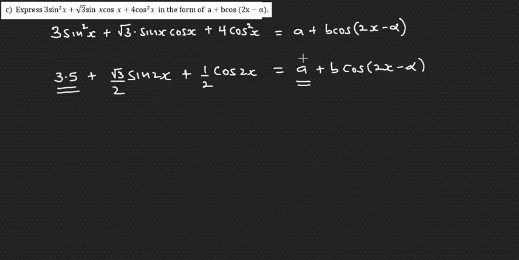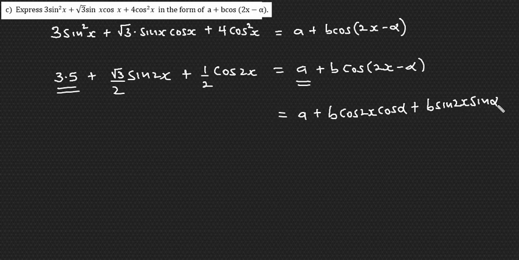We shall be getting a plus b cos 2x cos alpha, and the plus b sin 2x sin alpha. This is equal to the left hand side, 7 over 2